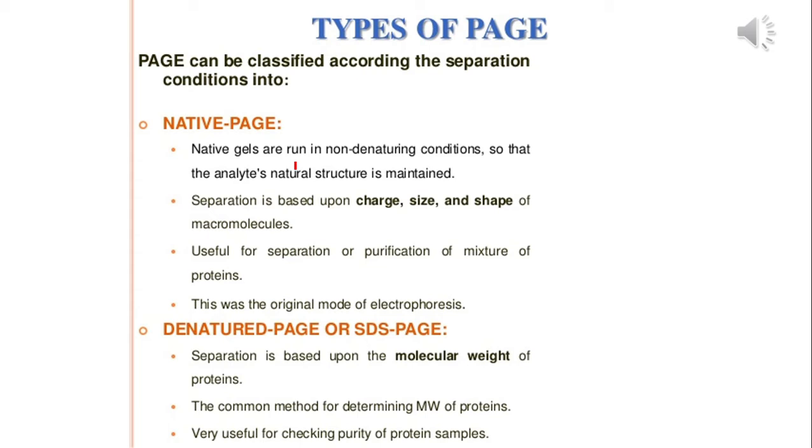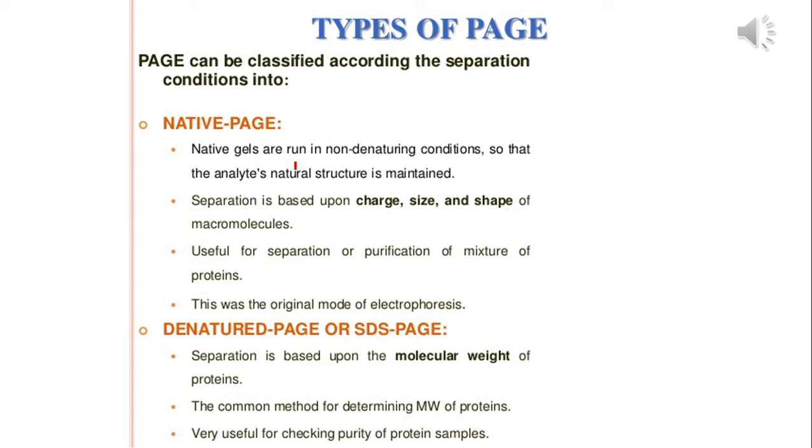Polyacrylamide gel electrophoresis is of two types. Earlier we found SDS PAGE. There SDS, sodium dodecyl sulfate, is applied in order to denature the proteins. So there the proteins, even though they are separated, are denatured, so they cannot be used for any further analysis. While the other type of PAGE is called native PAGE, where the proteins are not denatured. They are still functional. They are separated based on charge and size and shape of the molecule.